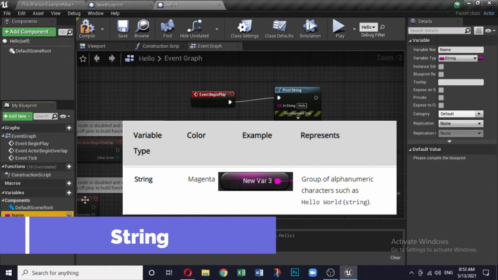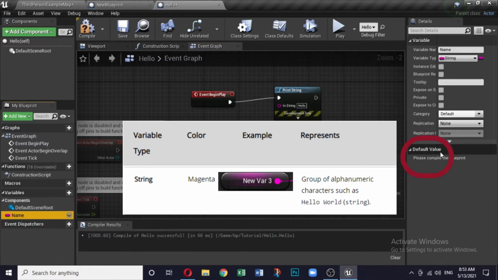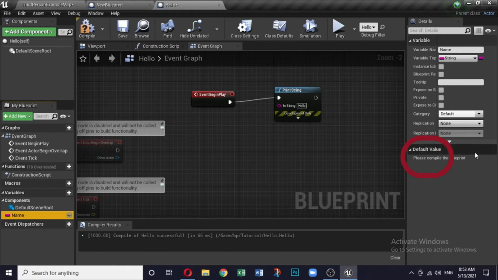The moment you select any variable, there is something which says, please compile the blueprint. Unless you compile it, they will not give the option for the value which will be your input. So for example, here you write, say, hi world.